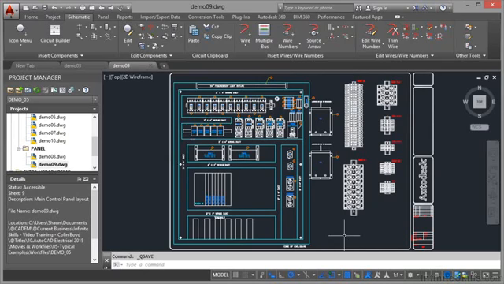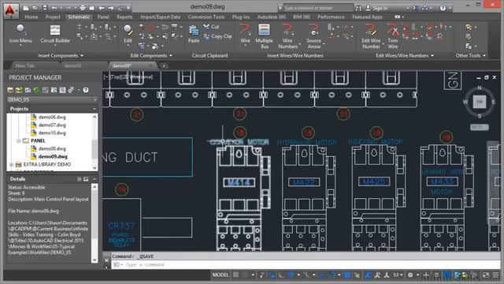Panel drawings are very, very different to schematic drawings in AutoCAD Electrical. So we're still in the Demo 05 project in the project manager, but what I've done is I've gone down to the Panel subfolder and I've opened up drawing demo09.dwg. So make sure you're using the right drawing in the right subfolder in the right project for your working files. Now this particular panel drawing is very complex, and if I zoom in, what you'll notice is all different